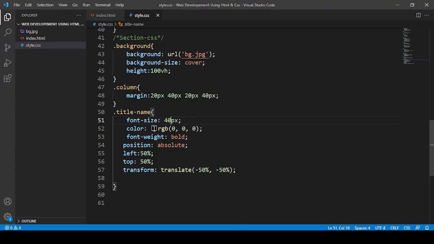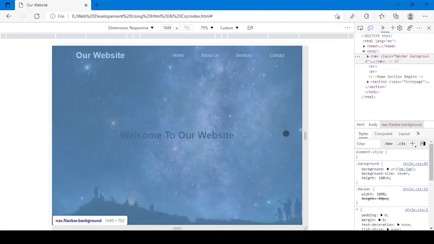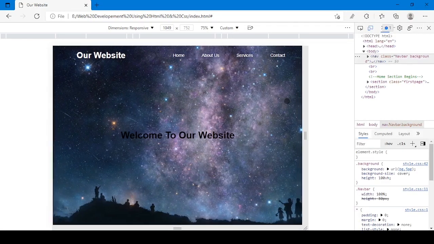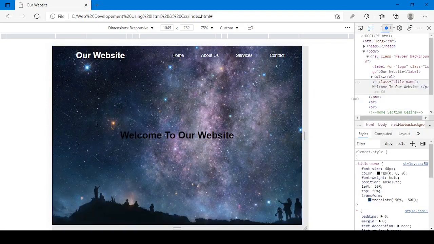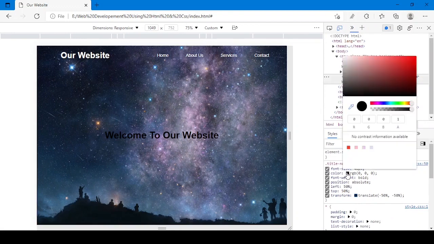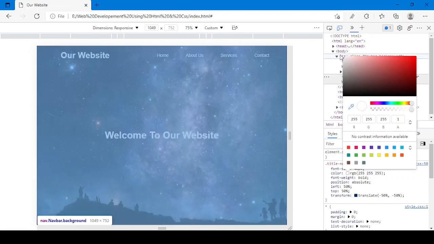Then instead of black, let me first inspect it rather than changing from our text editor only. I can inspect it directly. In this one you can give, this is also looking okay. So as your wish you can give.